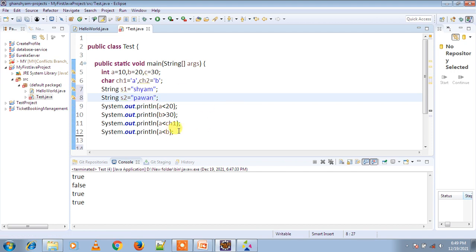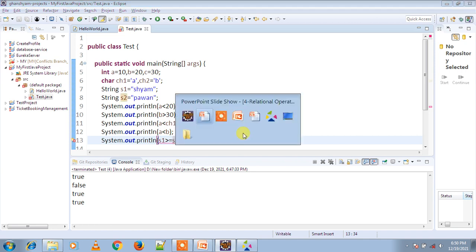Now if you apply a relational operator on object type, s1 greater than equal to s2, it gives a compile time error, so we cannot apply relational operators on object types.